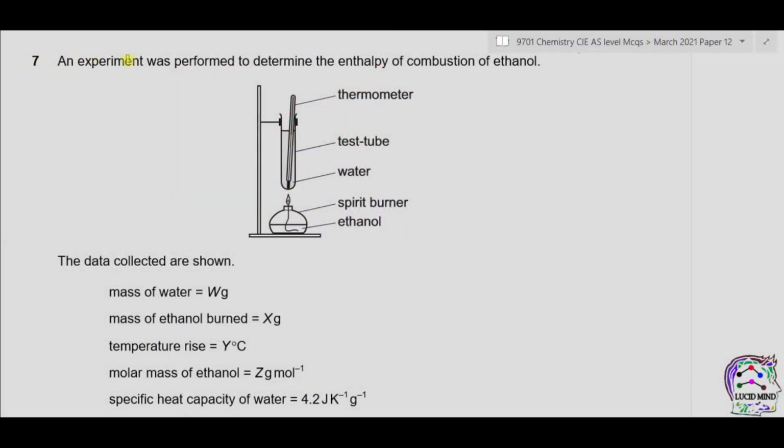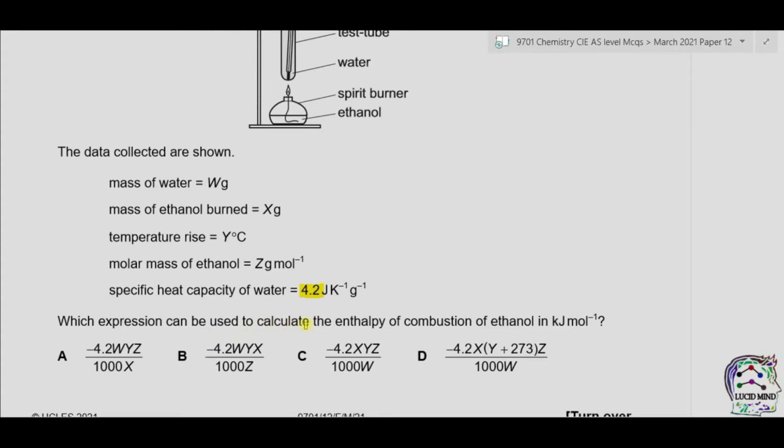Question 7. An experiment was performed to determine the enthalpy of combustion of ethanol. We have a thermometer, test tube, water, spirit burner and ethanol that is combusted. The data collected are shown. We have the mass of water, mass of ethanol, temperature rise, molar mass of ethanol and specific heat capacity of water, whose value is given. Which expression can be used to calculate the enthalpy of combustion of ethanol in kilojoules per